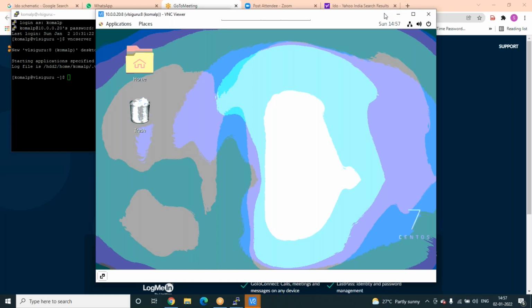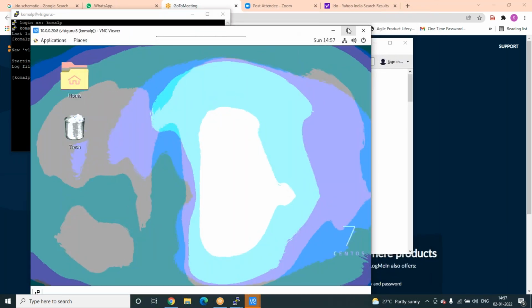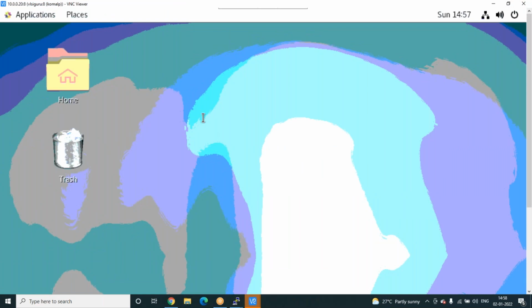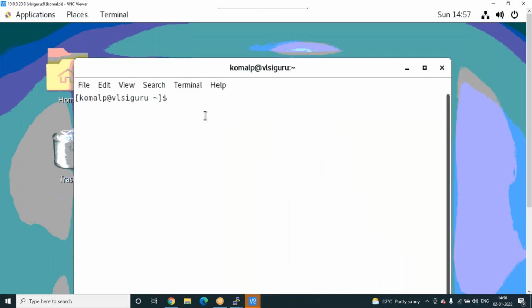You will see this window initially. It's like Linux commands that we are going to use. We will give it to you when you join.